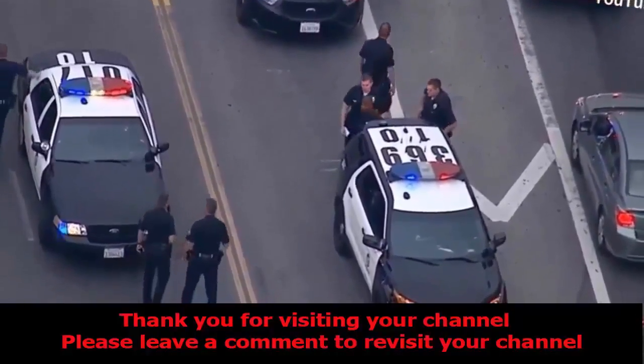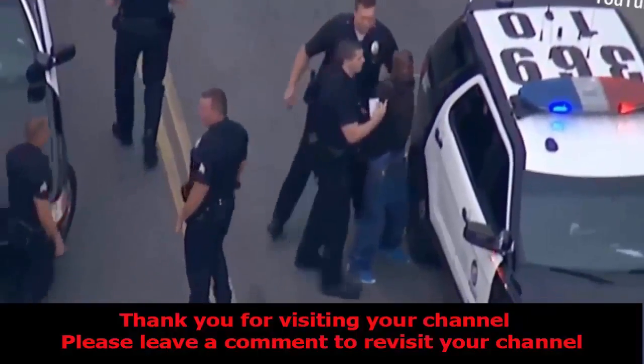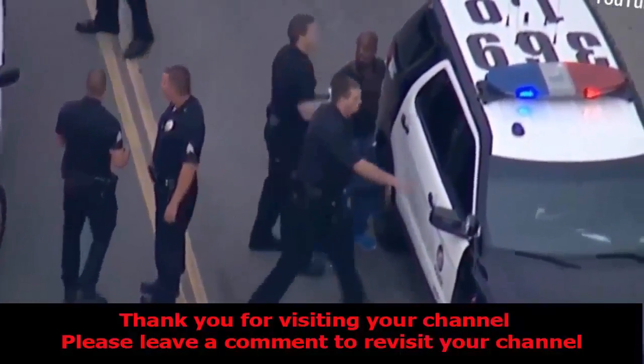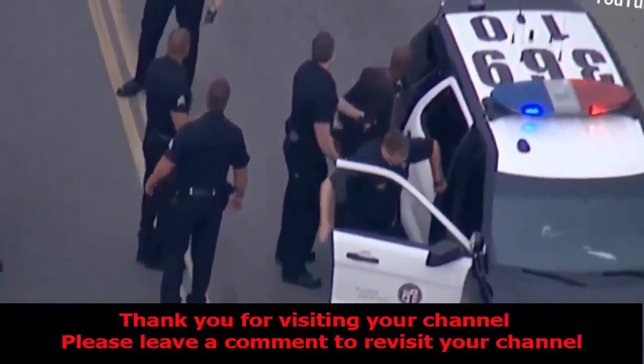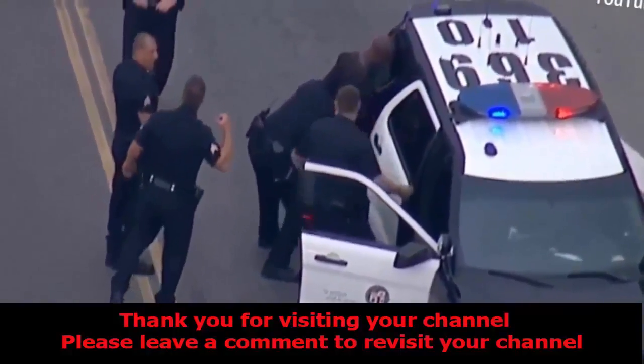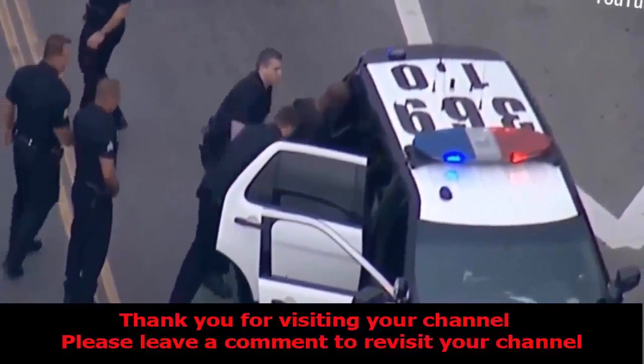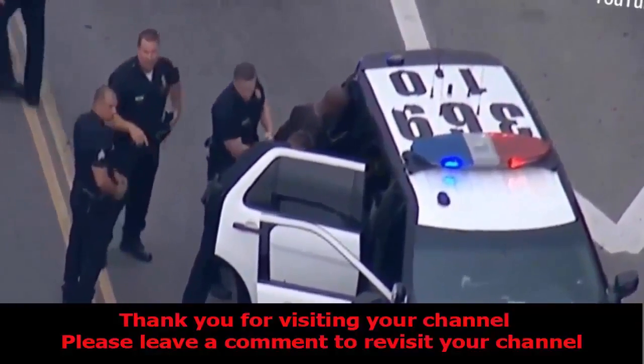Again, you see more LAPD units arriving. The priority has to be, now there you see the other individual with his hands cuffed behind his back, and he'll be taken into custody as well. And it'll be very interesting to see what charges he may possibly be faced with. I don't want to presume anything, but it's certainly...